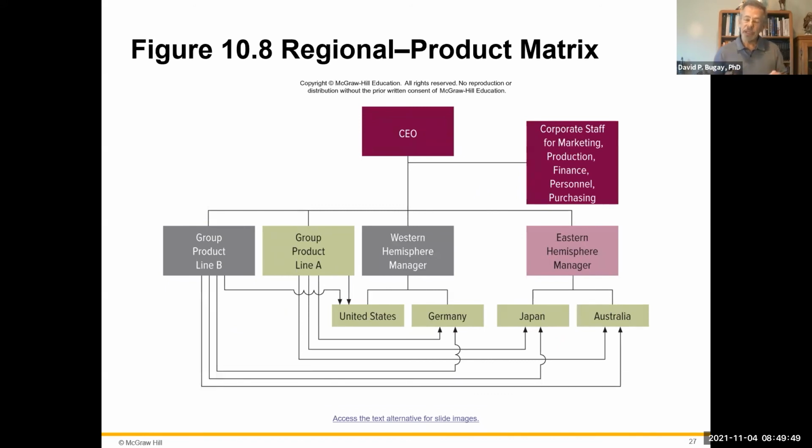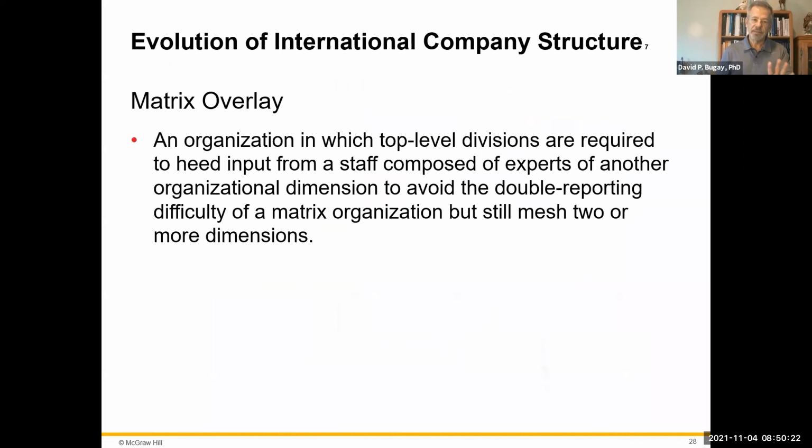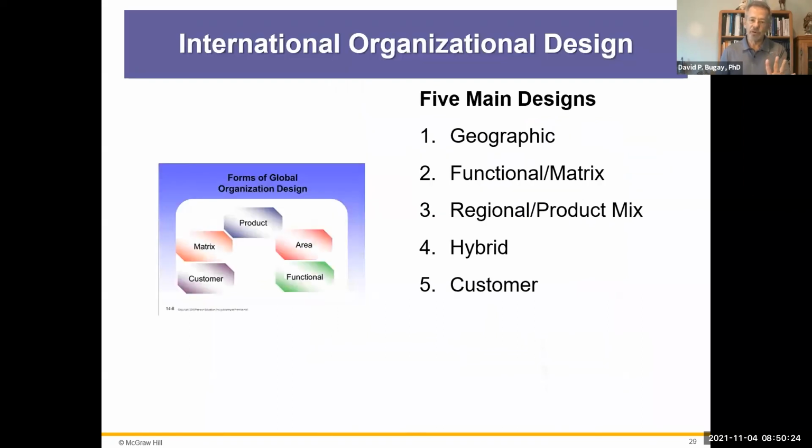So you may have people on the matrix. The strength of it is you draw from a lot of disciplines. The weakness, you draw from a lot of disciplines. Your marketing people may not like working with the accounting people and the manufacturing people. They may like working in their own division. So that being said, who's your boss? Is it really the product manager, or is it the marketing manager when it comes down to it? You'll have these types of internal conflicts, but regardless, you have a group of mixed professionals from different disciplines focusing in on the overall product success in the process. So you'll see that as a good, and you'll see a matrix overlay as you go through the process.